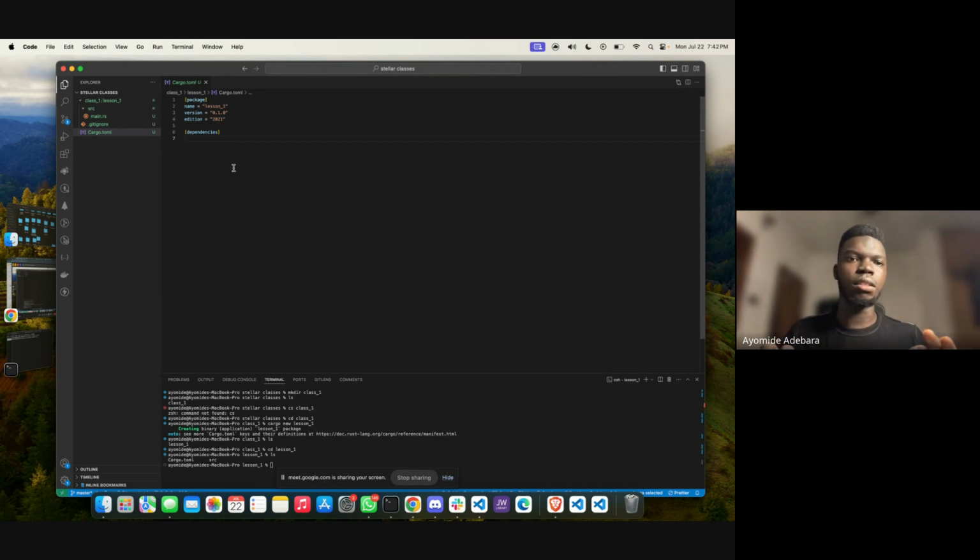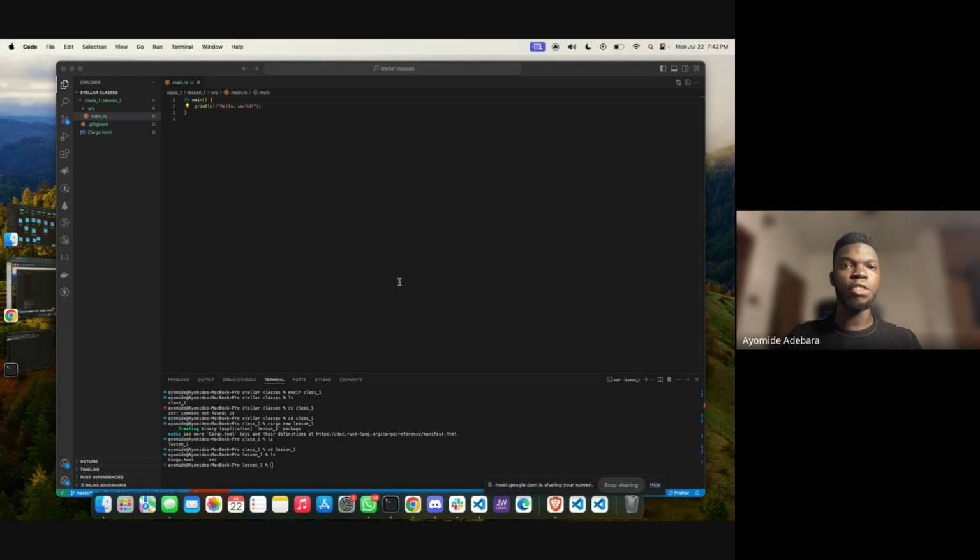In Rust, you can add a package by typing the package name and version here, and it automatically grabs the package from crates.io, or you can add it by doing cargo add and the name of the package. Now for main, as I made mention of, in main.rs